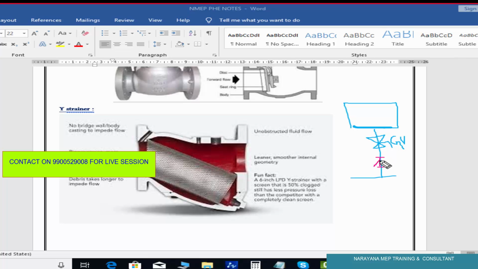We'll use Y here. This is Y strainer. What will happen? Water flows here, this side. So what will happen here?